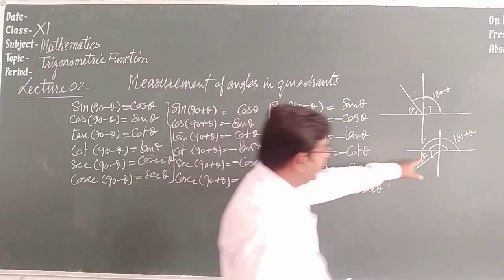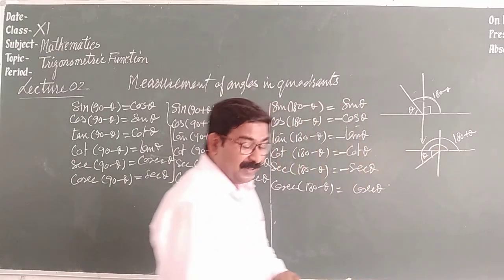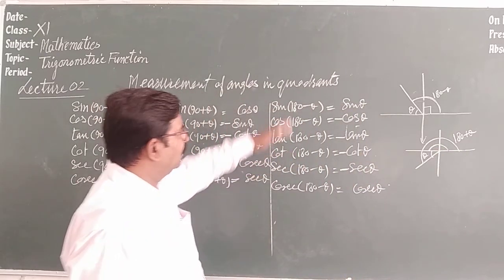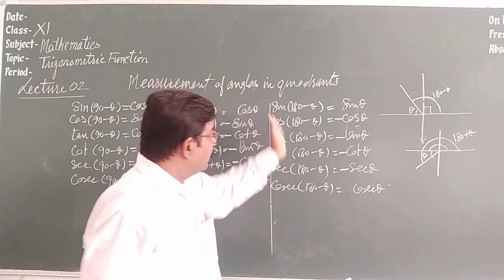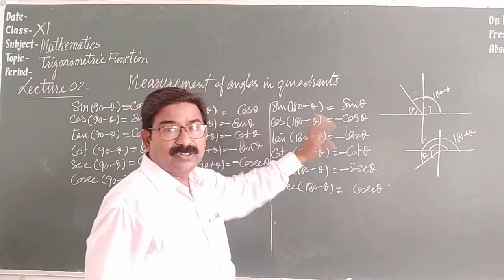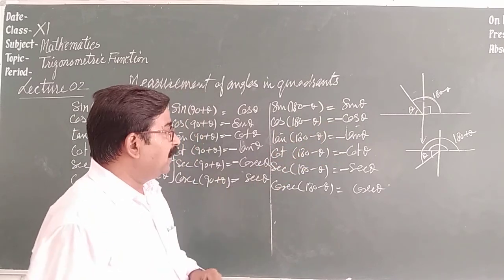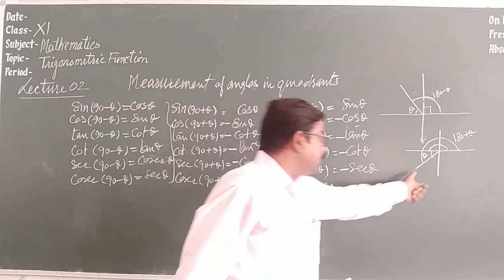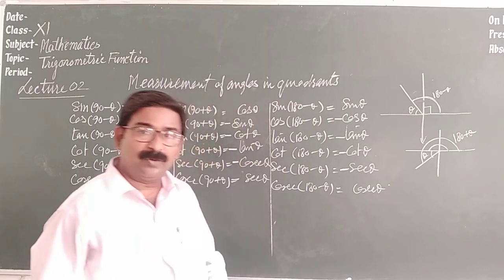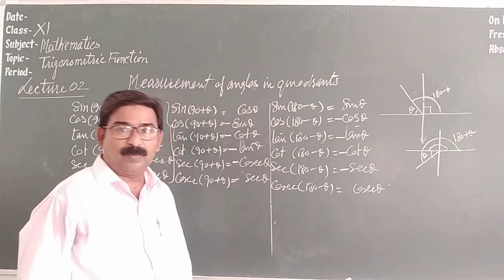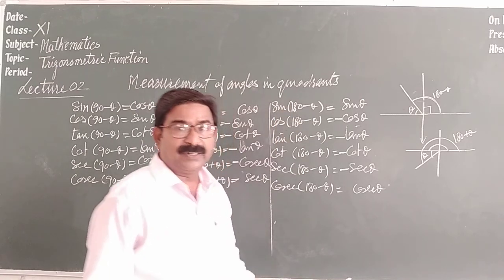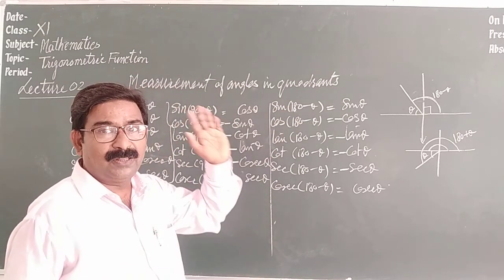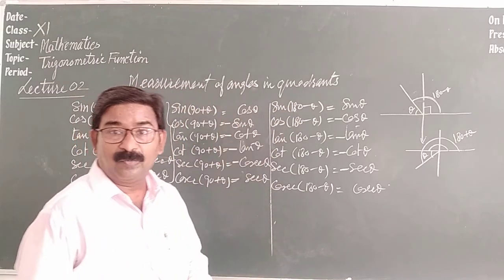Now for this angle, 180 plus theta, the same thing. It will convert sine into sine, cos into cos, tan into tan, cot into cot, and so on. And finally, check since it is in the third quadrant. In the third quadrant, tan and cot are positive and others are negative. So leaving tan and cot positive, change the sign of all other four, you will get the new formula, and